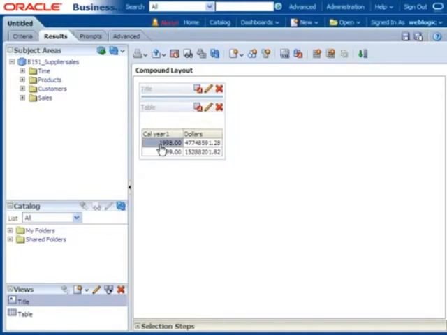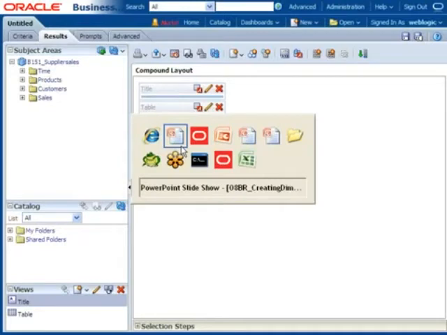If I try to click on this column here, nothing is happening because there is no hierarchy created in the backend. After a few minutes, after we create the hierarchy, if I click on this 1998, it will go to the quarter. If I click on that quarter, it will go to the month. If I click on that month, it will go to the day. That will happen after a few minutes. Let us go and create that kind of hierarchy.